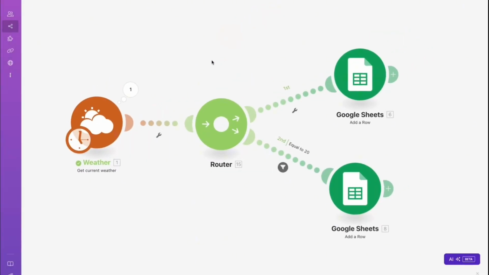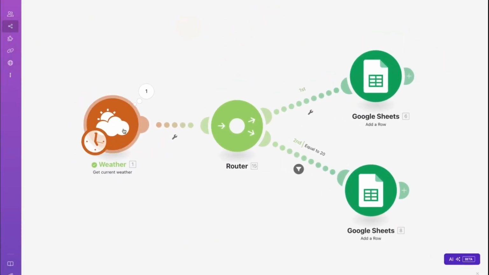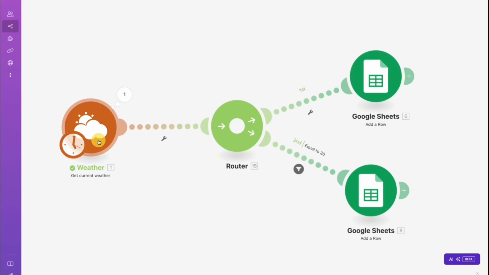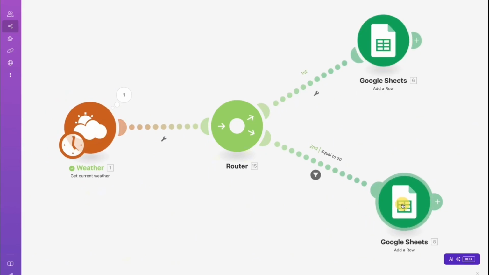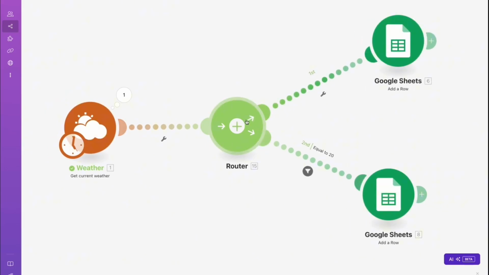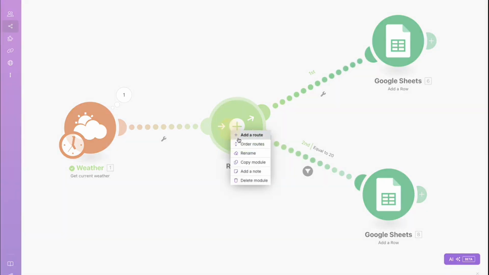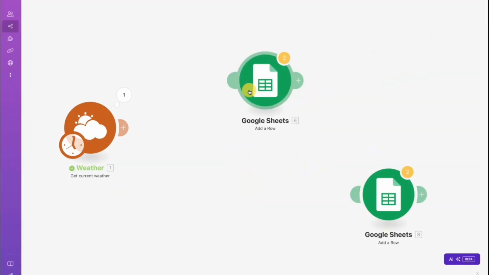Now at this point, you might be somewhat familiar that, okay, I have this module, which is a trigger module, and then I have extra action modules that I want to take. But what is this green thing in the center? So this is what's called a router. A router will essentially take data from one module and pass it over into multiple modules, right? So when you start off with your scenarios on Make, you're going to notice that it's often just